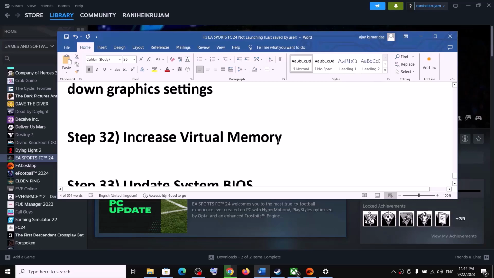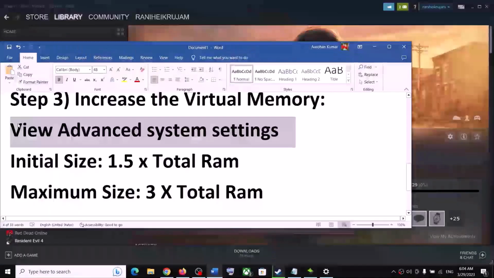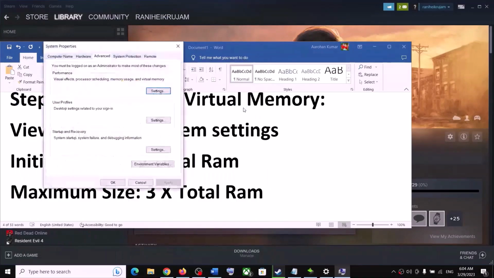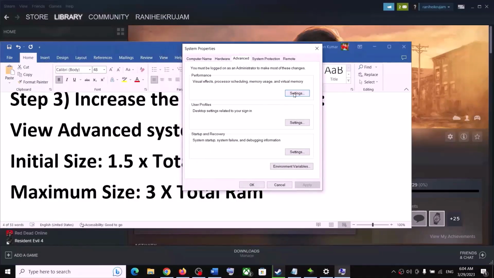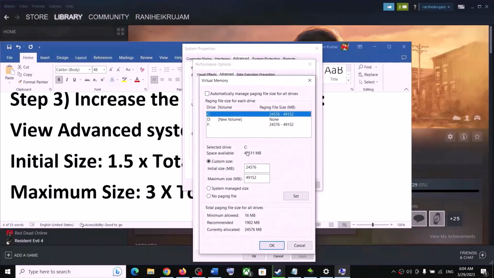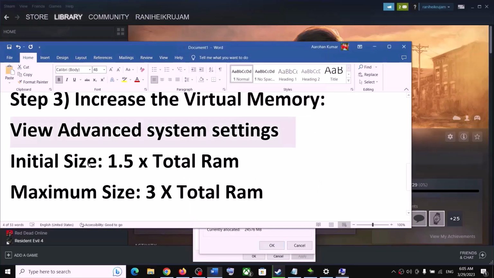Now the next step is to increase the virtual memory. Type in view advanced system settings in the Windows search box and click on it. Go to the Advanced tab and click on Change. Now select the drive where the game is installed. Uncheck the box which says automatically manage paging file size for all drives. Then select the drive where the game is installed, and the initial size is